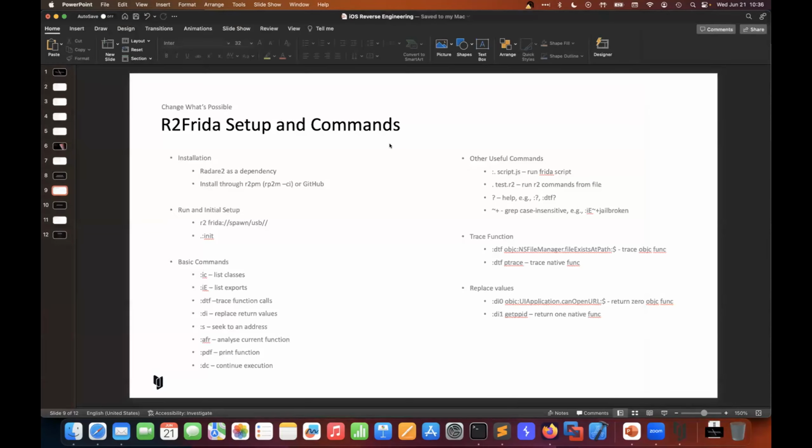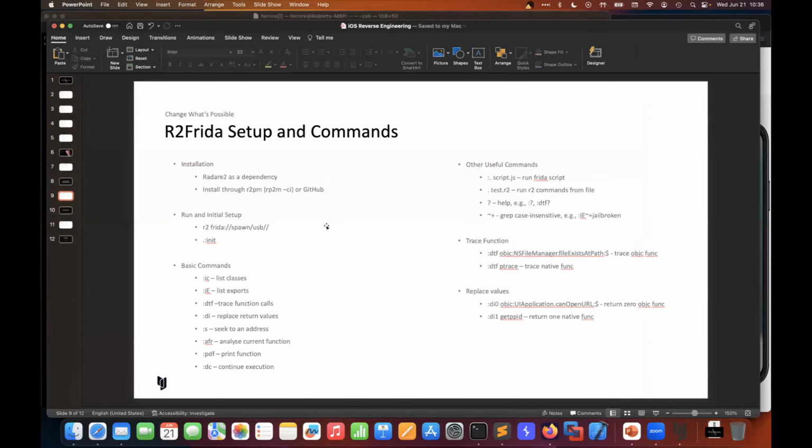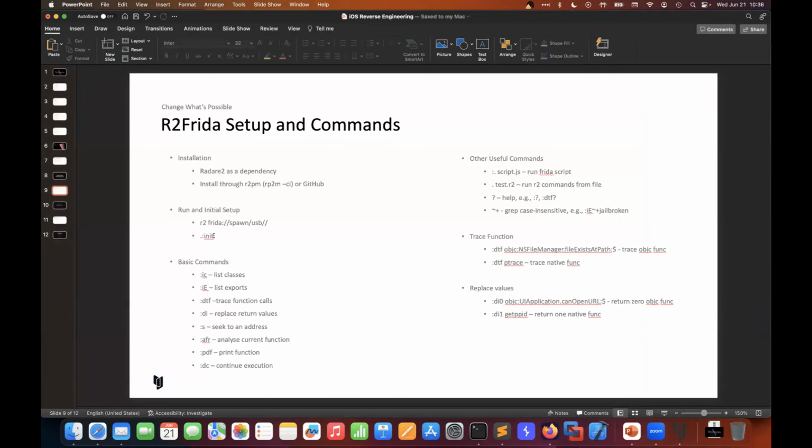And when you get set up, I'll show this in a minute. Or maybe I'll show it now. There's a special command in R2 Frida that's going to set up our environment for further analysis. And this is the :init. And so actually, if we go to Frida :/ and type in a 0,